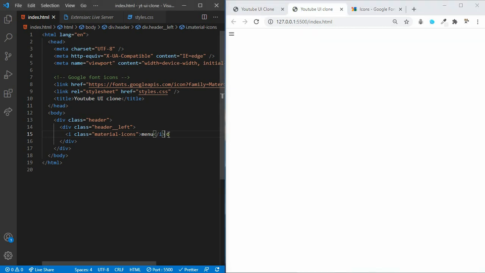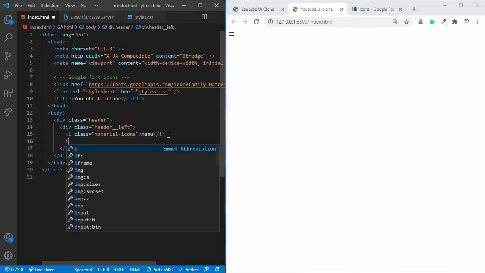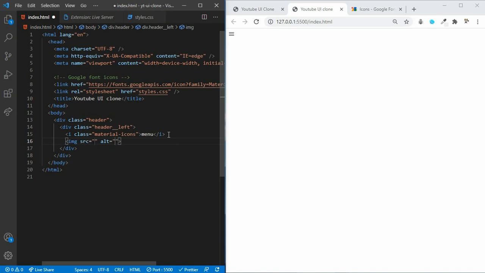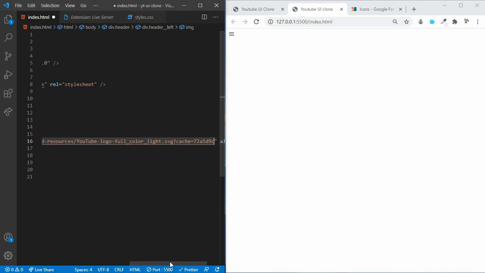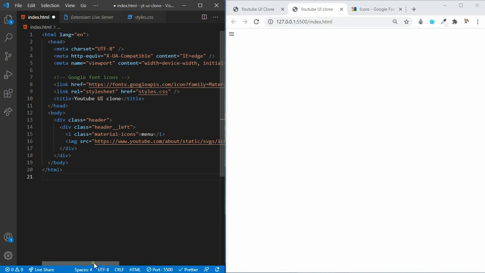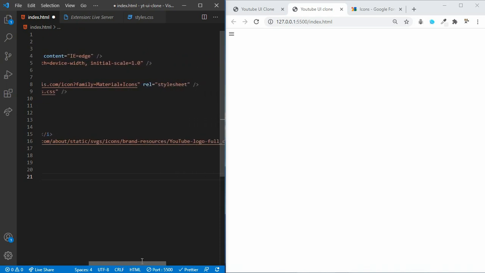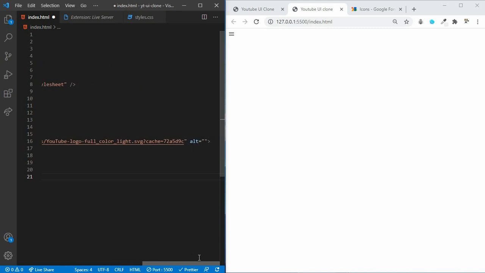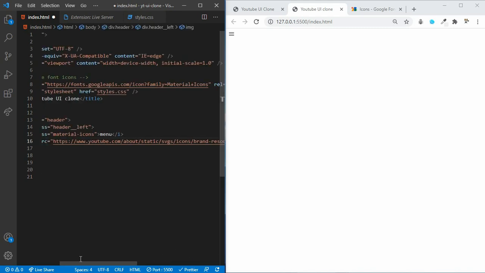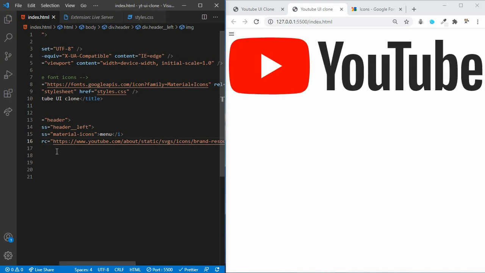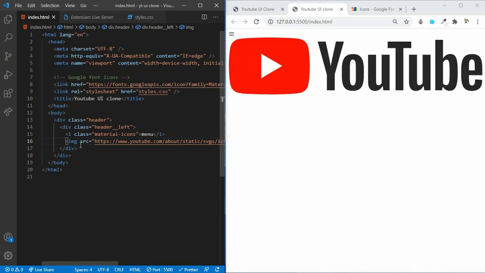So let's import that to img, and the source is going to be the YouTube logo, which I got from Google Images. You can search in Google Images, or you can type this link. Okay, let's save. Okay, that's it for the header left.